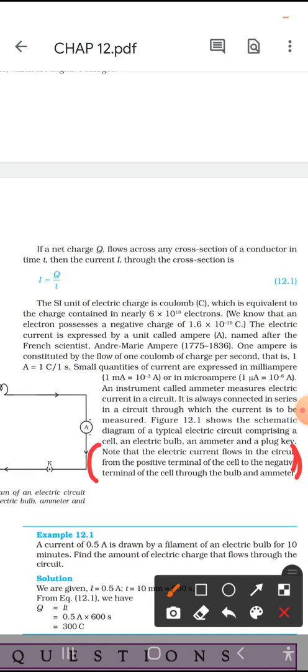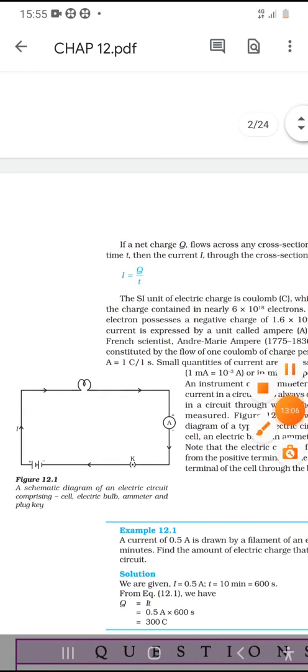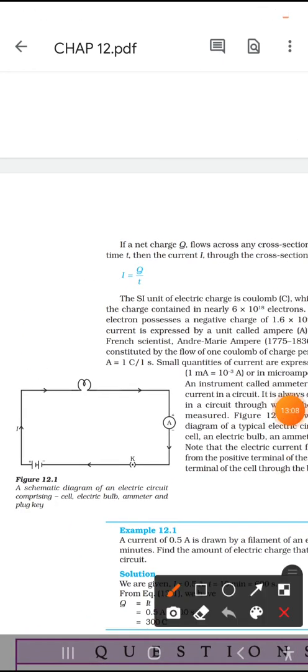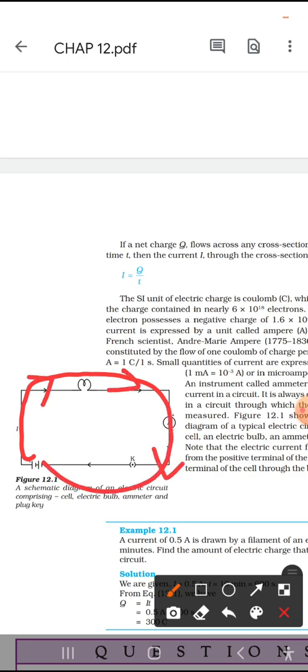Note that the electric current flows in a circuit from the positive terminal of the cell to the negative terminal. Now we will see here. It flows from the positive terminal to the negative terminal. So from here onwards, the electric current is flowing to here. Like this it is flowing. As electric current is flowing from here to here,